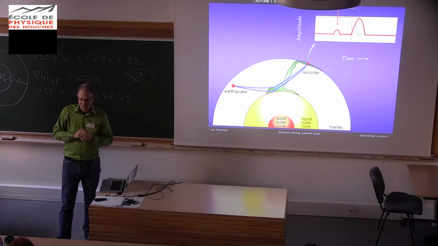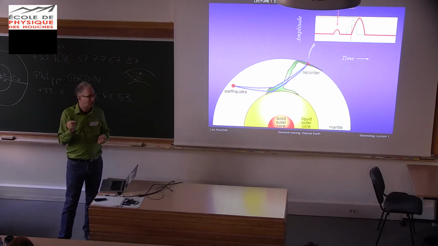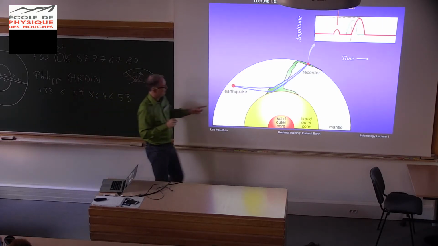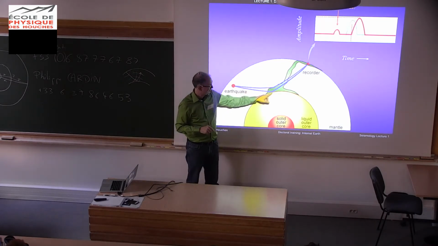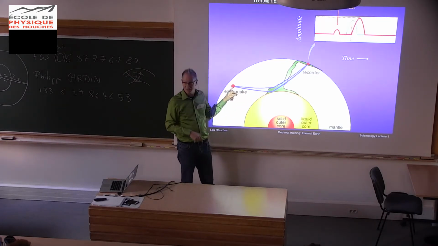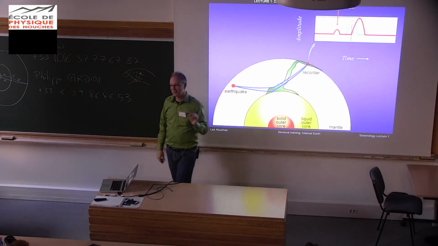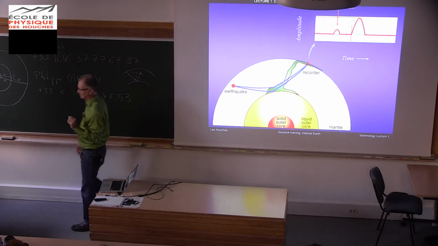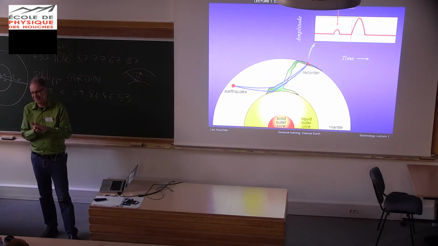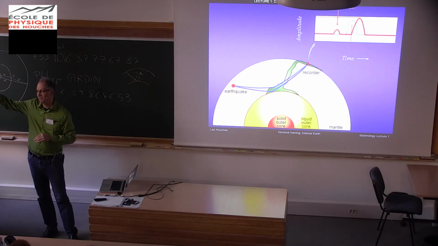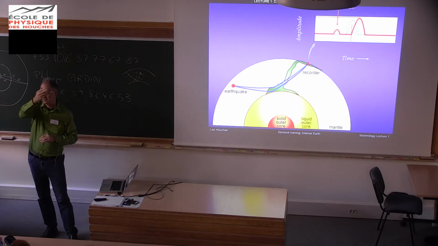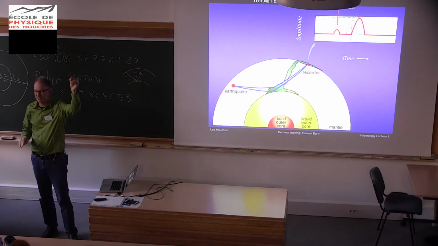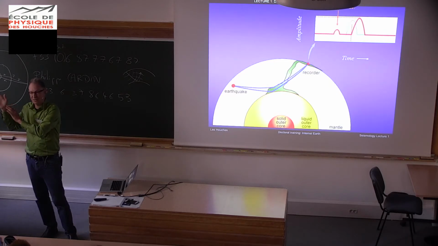If that is wrong, we don't really know, it's just how good are the data. But if that is wrong, then if I'm going to predict the time of a reflection off the core, it's based on where this thing is. And it's based on when this thing started. So there is always an uncertainty there. And so for that reason, we try to do differential analyses. If my earthquake started 5 seconds wrong from when it did, my P wave has that 5-second error. My PcP has that 5-second error. I subtract them, that error goes away.